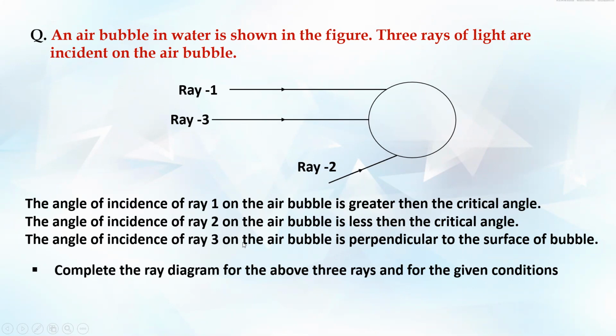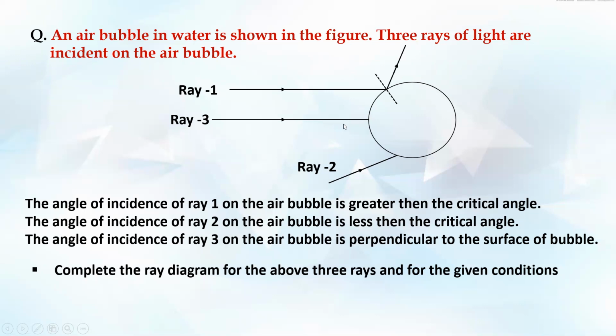What about ray 1? Total internal reflection concept. If the angle of incidence is greater than the critical angle, then there is no refraction. Whatever ray of light is going is reflected completely. That is total reflection. That's total internal reflection over here. So in this case, since ray 1 is hitting at greater than critical angle, there won't be any refraction for ray 1. Meaning whatever ray of light is hitting, will any of it refract, will any of it come inside the bubble? No. All the ray will go out. It's gonna go out.